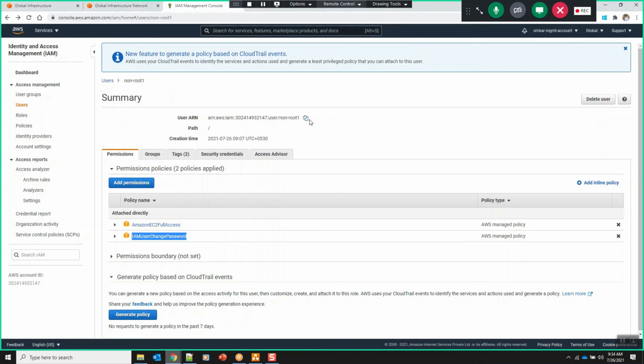So when you try to create your custom policies, you will understand more, Ruchi. That's where I'm recommending you to practice enough, so that when you create custom policies, you will understand more. So now what we have done, we have attached one permission called Amazon EC2 full access. Now the non-root user should be able to create one EC2 instance.